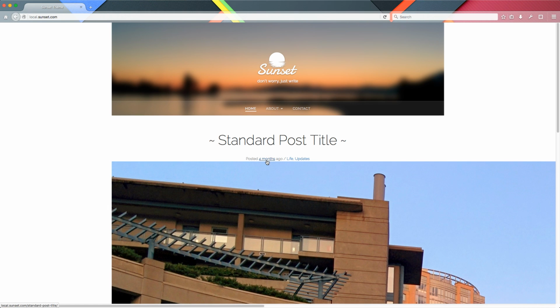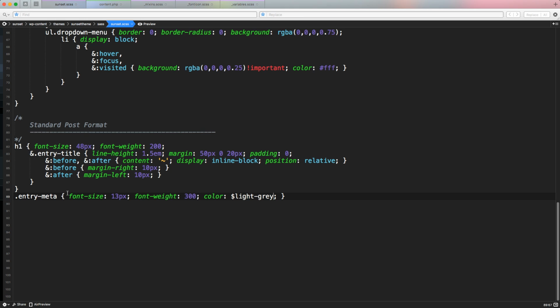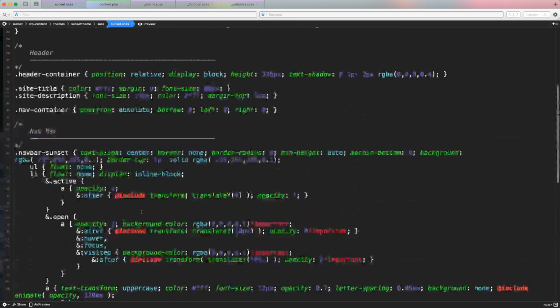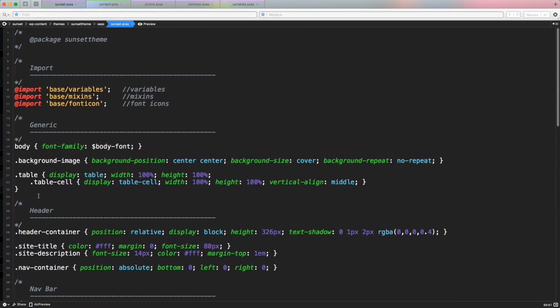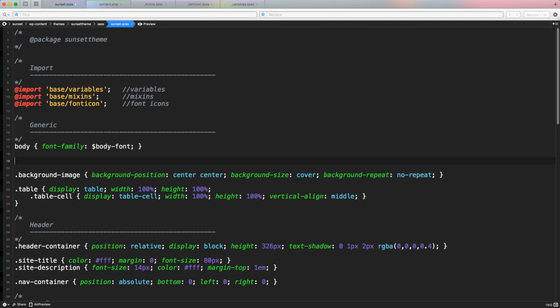So links by default get overridden, like the style gets overridden by the default color that the browser applies, that usually is this horrible blue with this underscore and all this kind of stuff. So we can change it. First of all, I don't want my link to have an underline, so I don't want any text decoration. So we can extend the generic section here, and we can specify an A